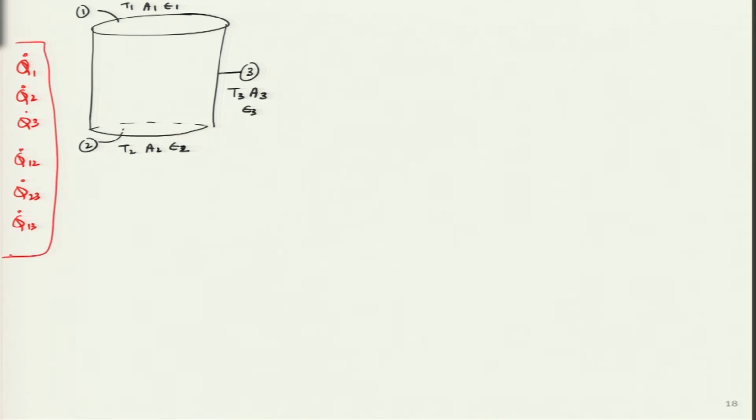You remember this was done in the previous lecture, and now we have to draw the radiation network, the resistance network over here. So, for that let me put some nodes over here. If this is surface 1, this is node 1, I am drawing in blue color, surface 2 node here, surface 3 node here. Why am I making these nodes? Because I want to make these nodes large in size, so that I can then draw the resistance network properly. So, over here this is my surface 1. Here I have surface 2, here I have surface 3.